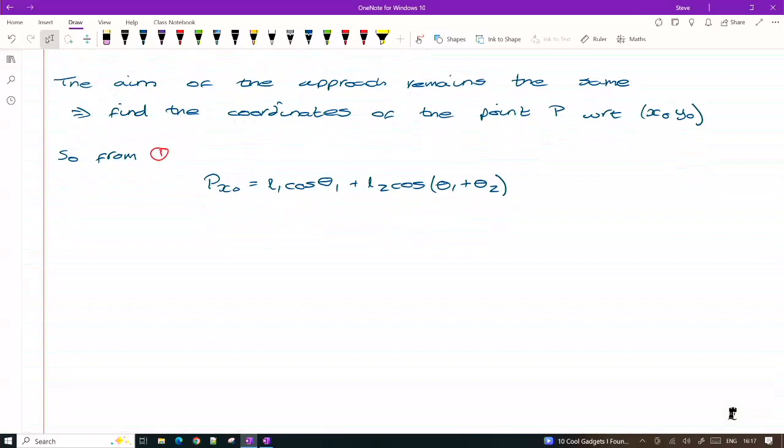So we have a cosine A plus B, cosine addition, the sum of two angles. Therefore,